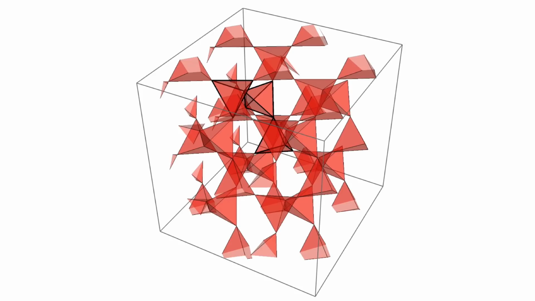So the silicon is roughly at the center of the tetrahedra, but for the purpose of motion, the chief element is that these tetrahedra are, to a good approximation, remaining rigid. So we have a bar and joint structure,